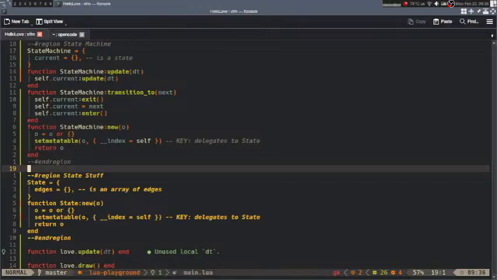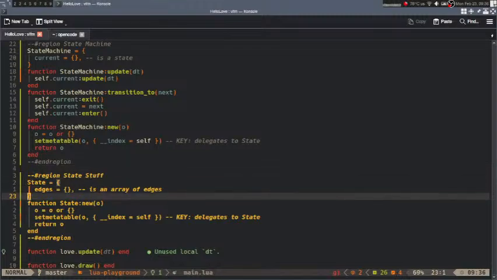Because there's no overloads, you just write a new thing. Because all we need to do is implement an update function, which we are probably going to handle a little bit differently, right? Because we want to have